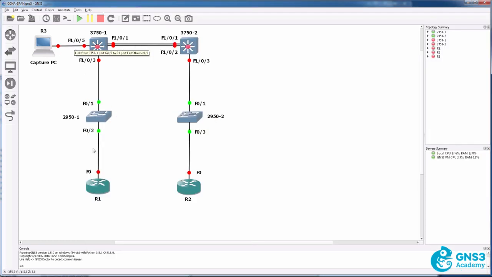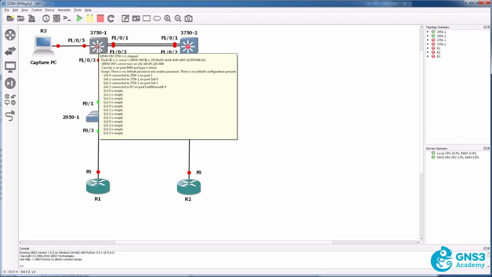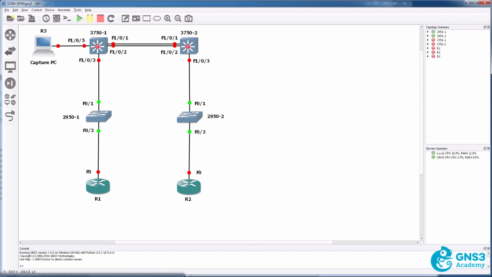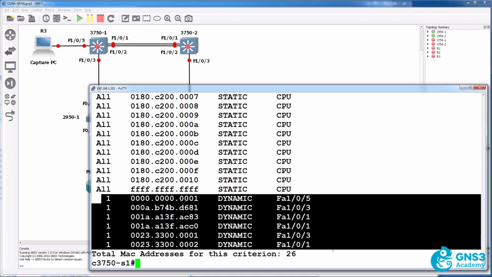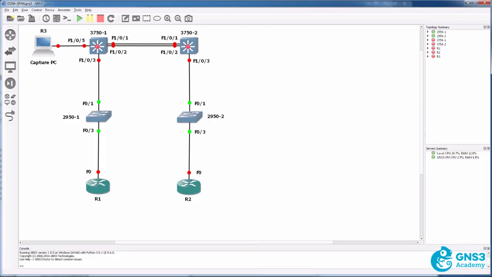So unicast traffic gets forwarded to the PC, multicast traffic gets forwarded to the PC, and that's because multicast MAC addresses are not added to the MAC address table in the same way that unicast MAC addresses are. Broadcast traffic is also forwarded to the PC. So to summarize,